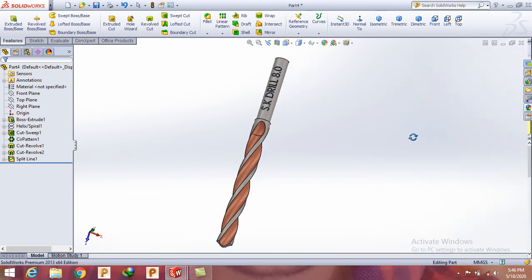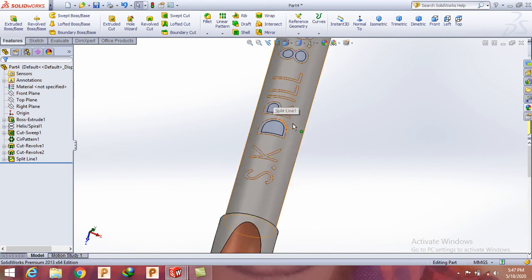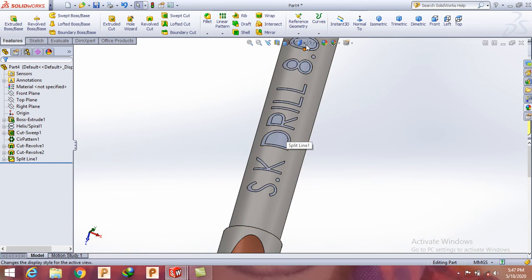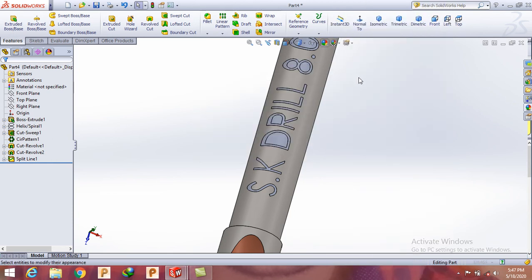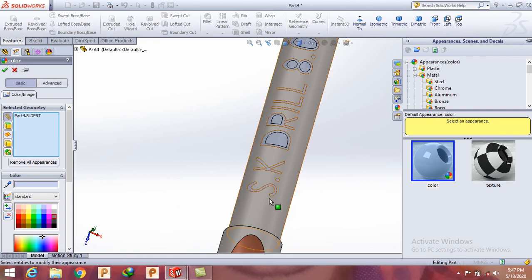We have made the text of the dimension. Now you will see that this is appearing quite awkward. You can also manage it. Just click the appearance color. You can click either here. Multiple color options will be available.